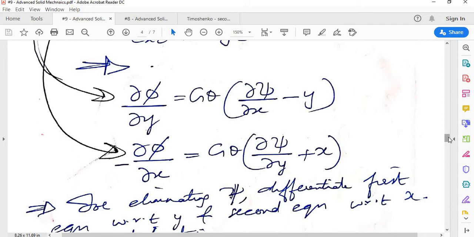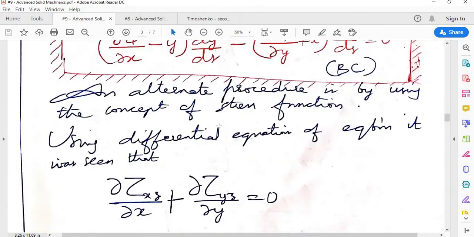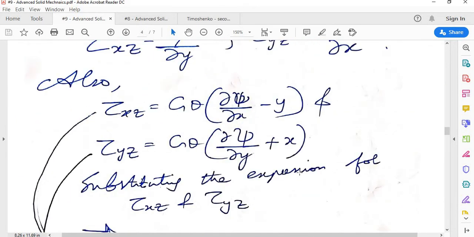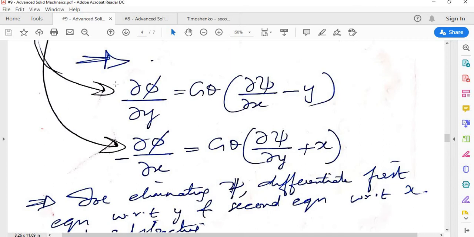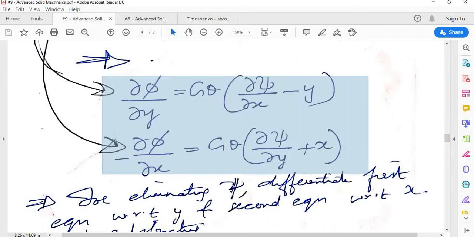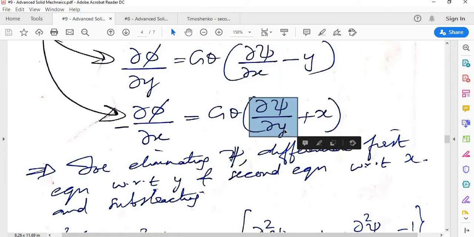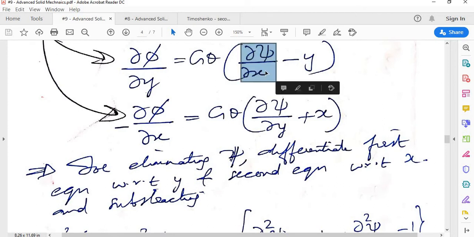So the solution using warping function we already arrived at here. Now we are trying to arrive at a solution which does not involve warping function. So what we have to do is, let us try to eliminate warping function. Here there is del phi by del x, and this is del phi by del y. Again, it is not phi, actually it is psi or chi, whatever, but don't follow my pronunciation, just follow this symbol. Here there is a derivative with respect to x, and here there is a derivative with respect